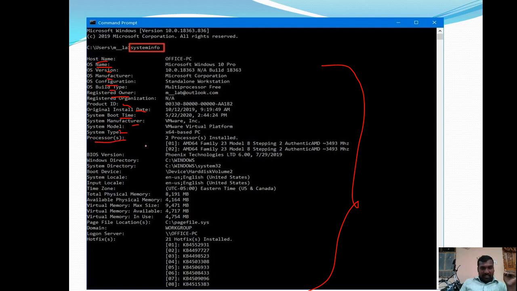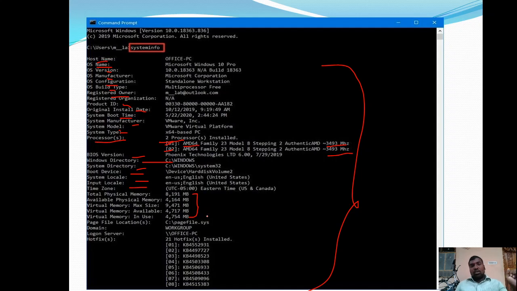Then the processor details, how many processors are installed in the system, what the name of that processor is, and what the speed of that particular processor is. Then BIOS version, Windows directory, then the system directory, boot device details, system location and time zone, right? Physical memory details, right? So in this way you are going to get all the details about the system.